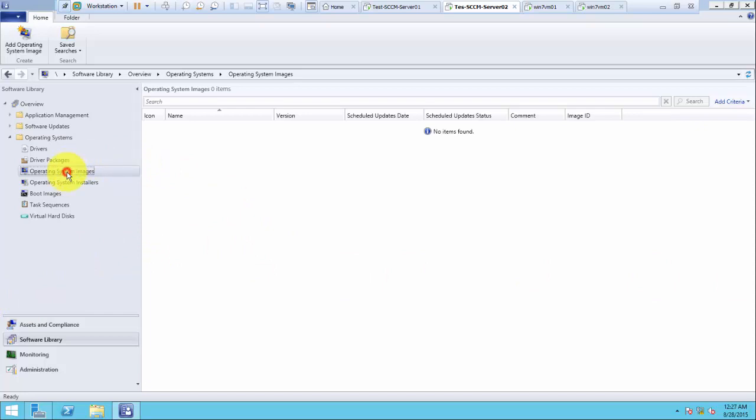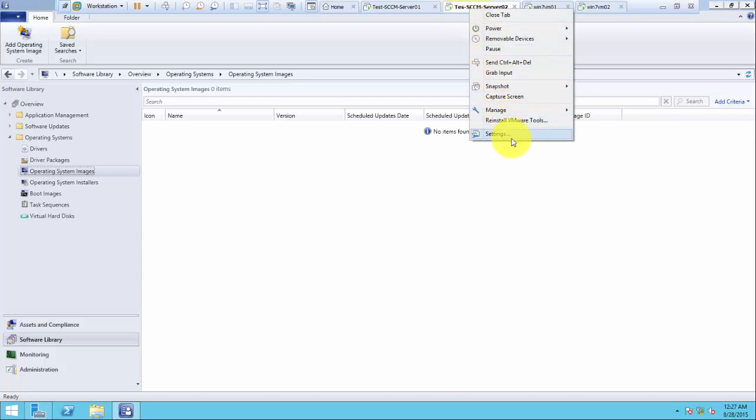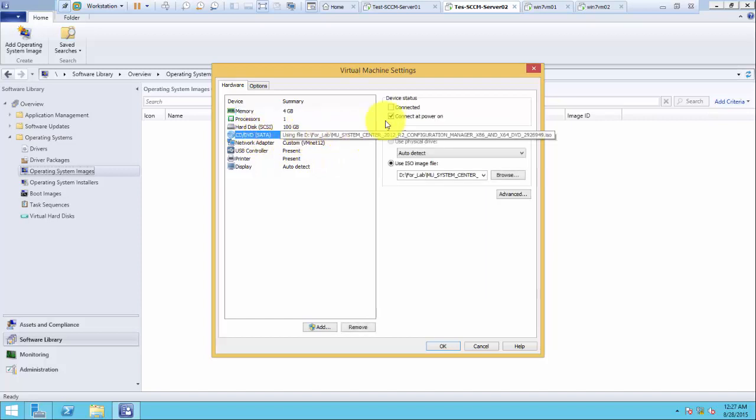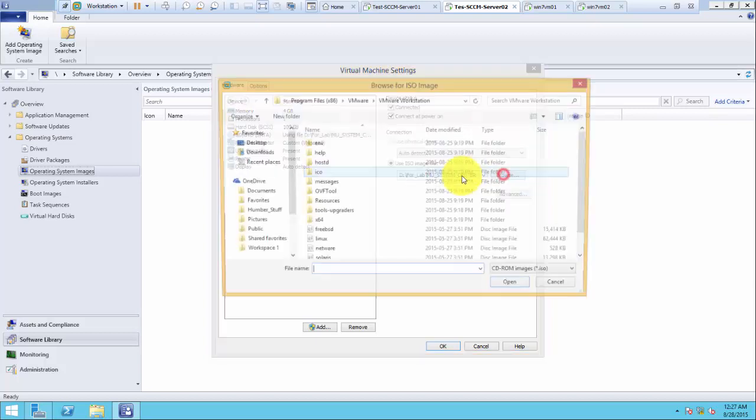So in order to add an operating system, what I'm going to do is mount the Windows 8.1 ISO file to my SCCM server here. I'm right clicking my SCCM server, going to settings, and this is my CD-ROM, DVD, CD. I'm just going to mount this to my CD-ROM, making sure that connected is also clicked. Click browse, and